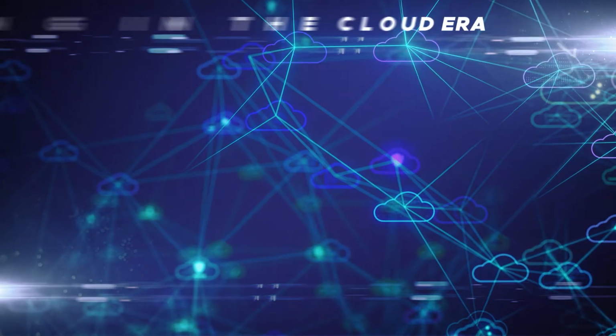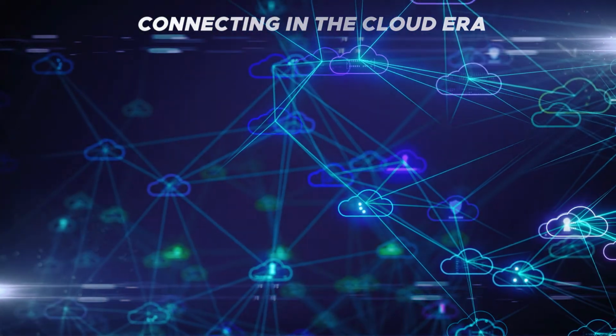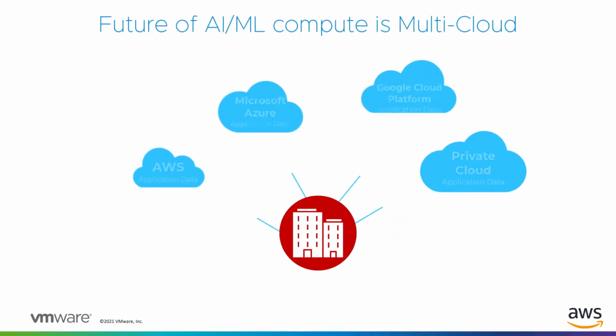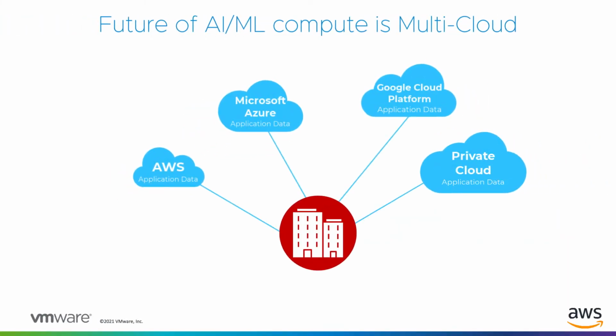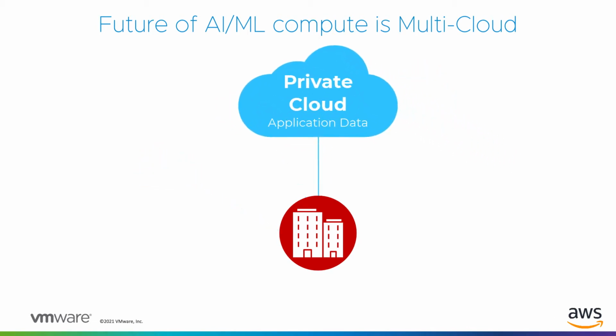As enterprises evolve their compute in the cloud era, they are connecting to multiple cloud providers based on their unique requirements. The data processing, training, and inference for machine learning are proliferating across multiple clouds. This solution showcases training in the on-premise private cloud data center, with transfer learning and inference happening in AWS cloud